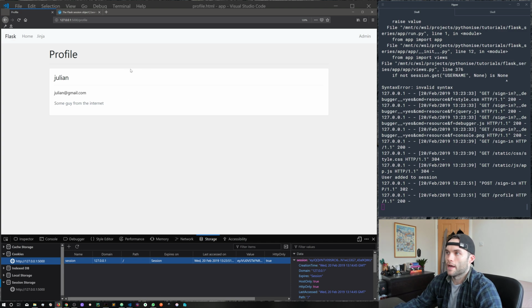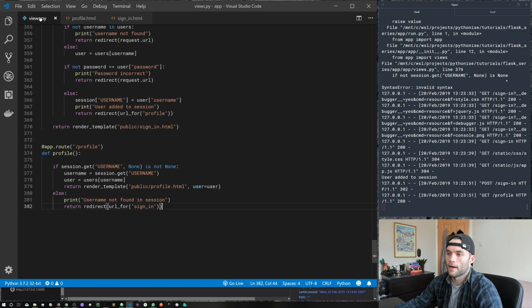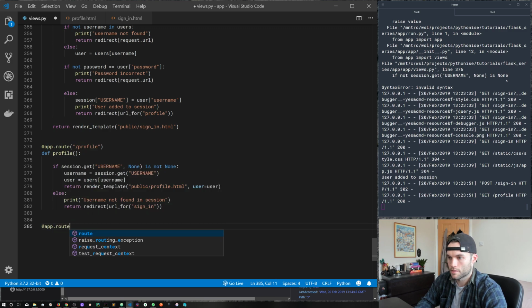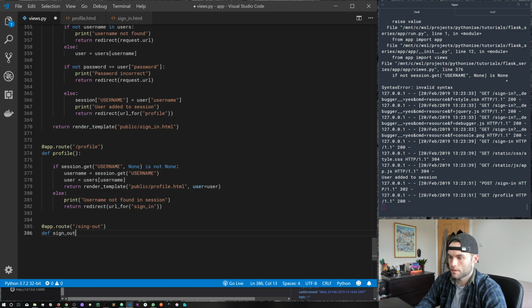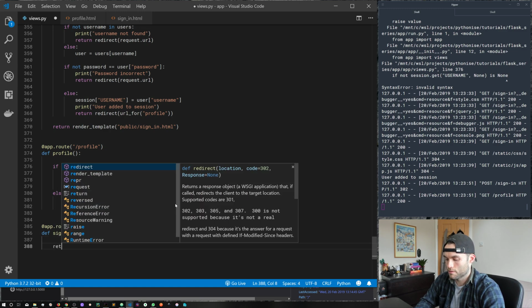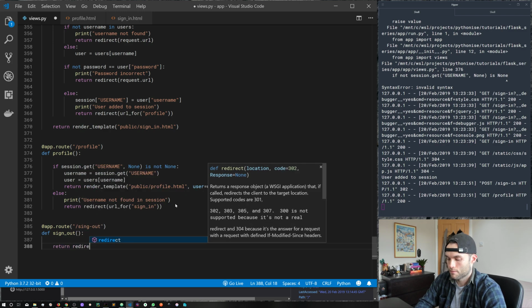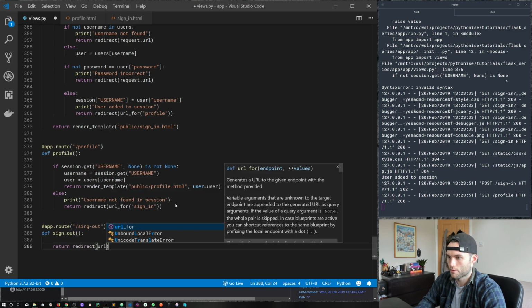So what else should we add? Well, we should give an option to allow our user to sign out and clear the session cookie. So let's go ahead and do that now. And this is a nice simple route. So app route, sign out, sign out. And what I want to do is return a redirect with a URL for